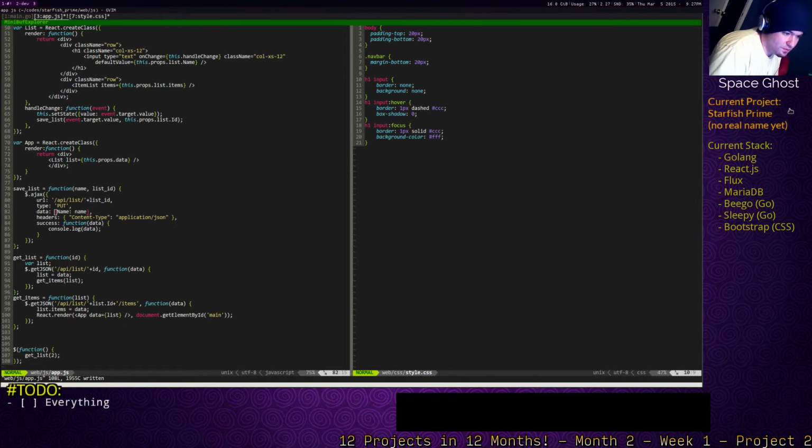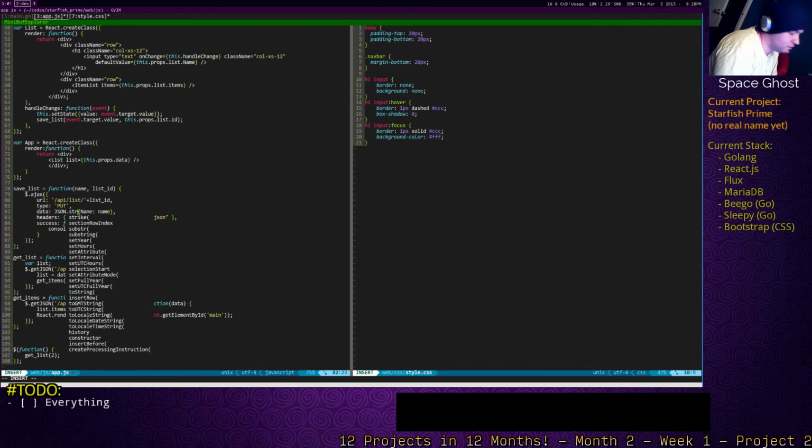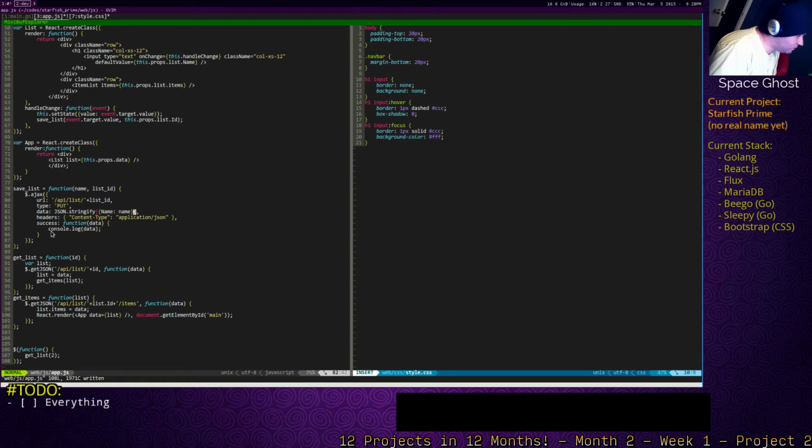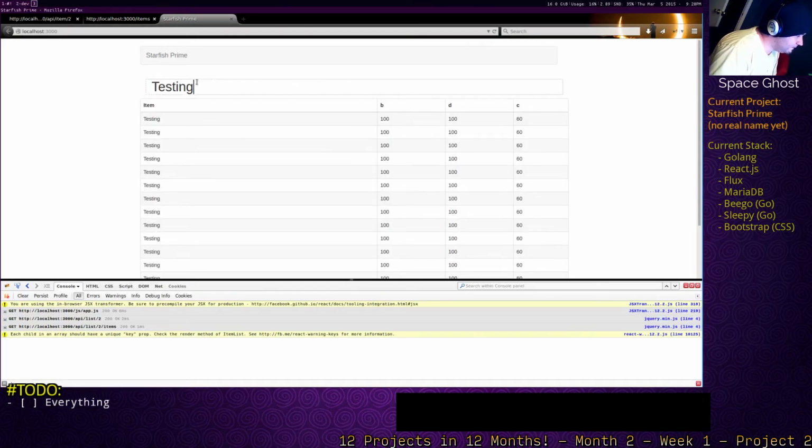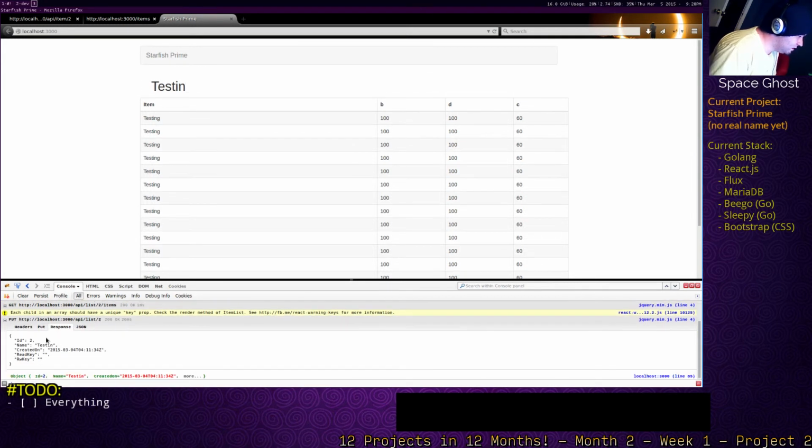I think I want to do the opposite, which is JSON.stringify, right? Method converts a JavaScript value to a JSON string. Yeah. Yeah, see, that worked. So see,